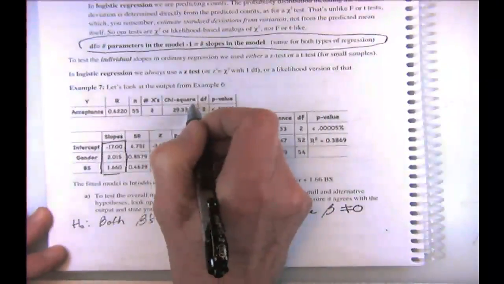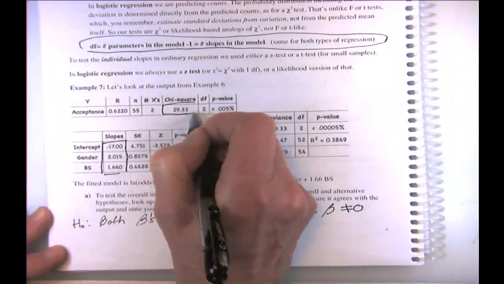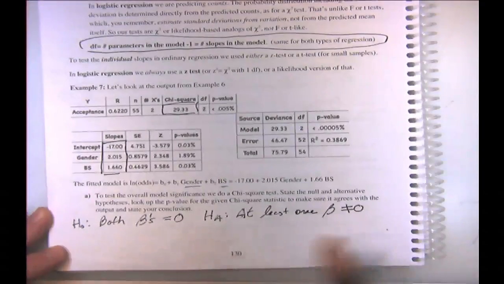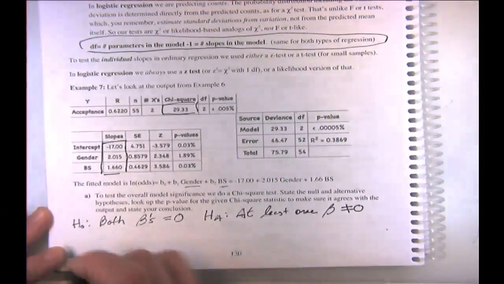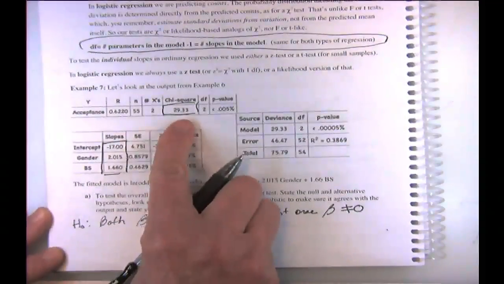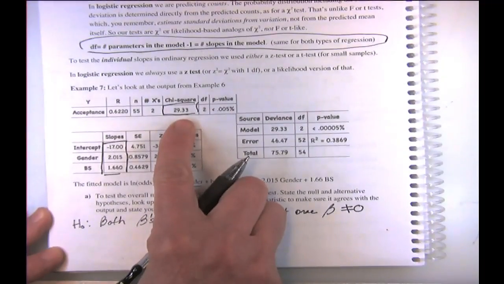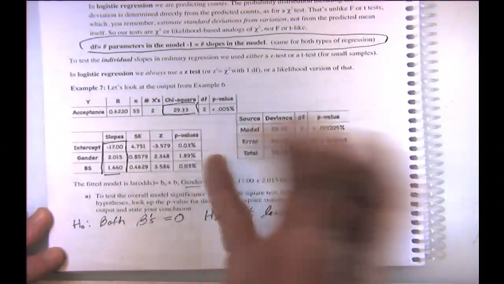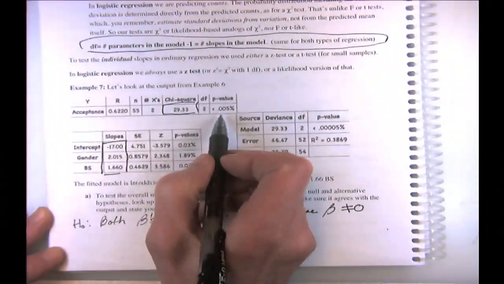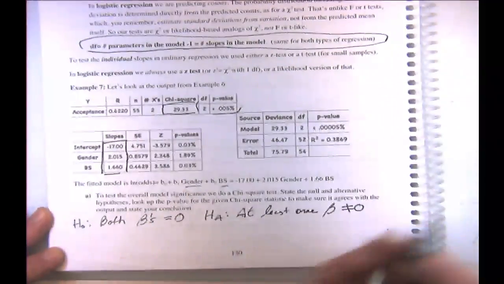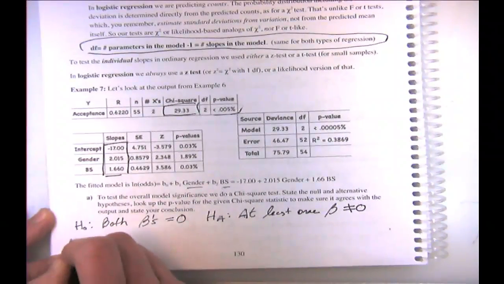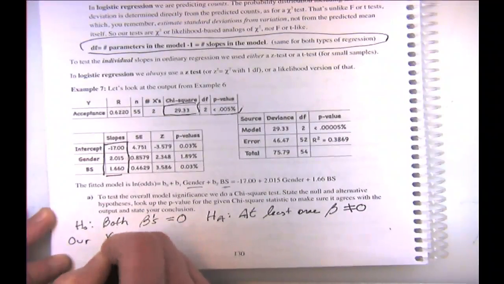We can look at this chi-squared right here, and then compare this chi-squared to the critical value at some significance level, or else we could just compute a p-value for it here. So our chi-square stat